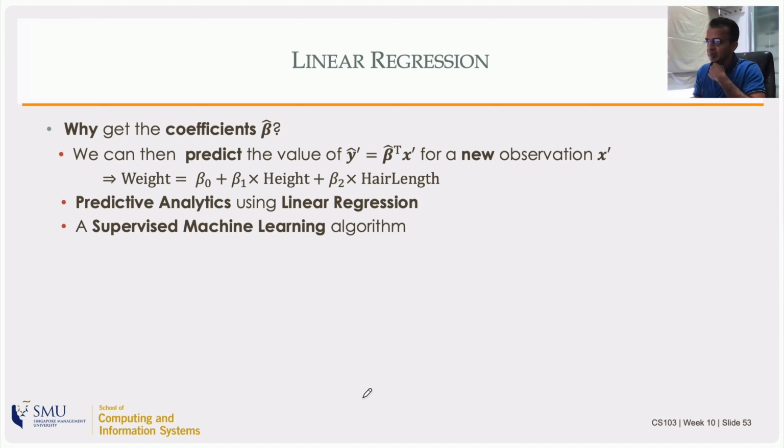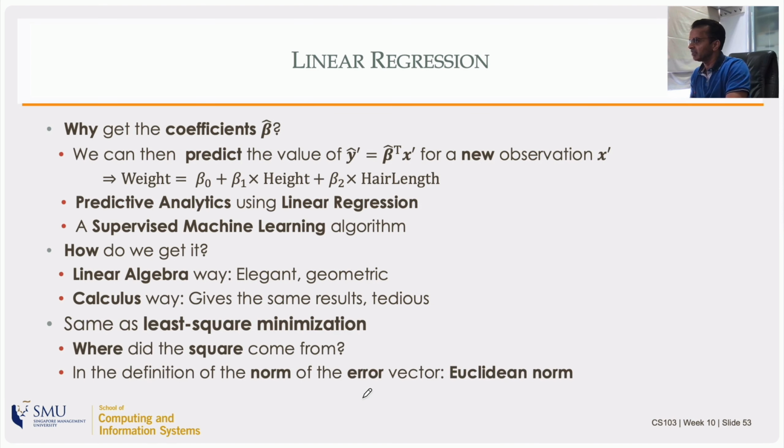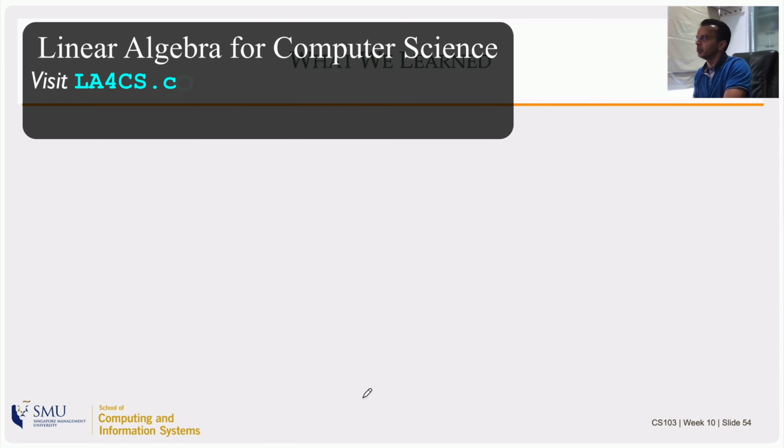It's a supervised machine learning algorithm because we have labeled training data. So the way of doing it in linear algebra is elegant, geometric, thinking about the projection. Calculus will give the same answer, of course, but it's tedious and messy. So the squares, actually the fact that it's the least square minimization, the square actually comes from the fact that we are using Euclidean